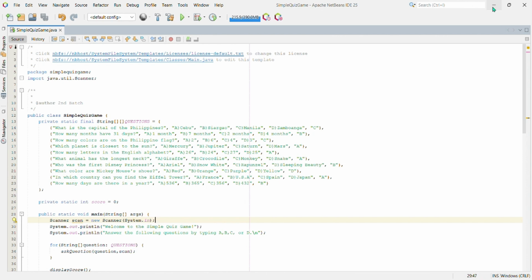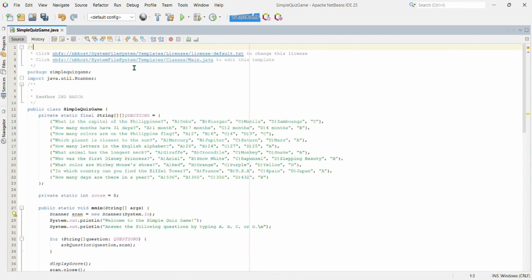So here's the line by line explanation of our code. This is a comment block that indicates the license information code. This line indicates the location of the template for editing the license.